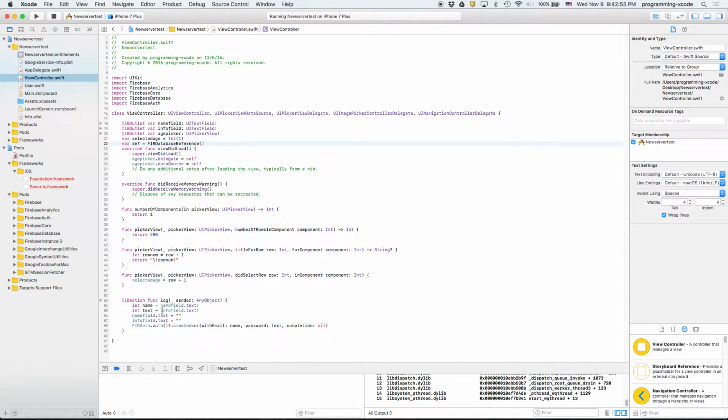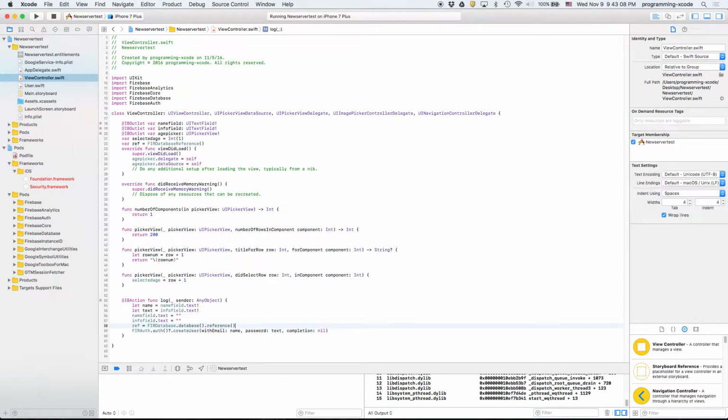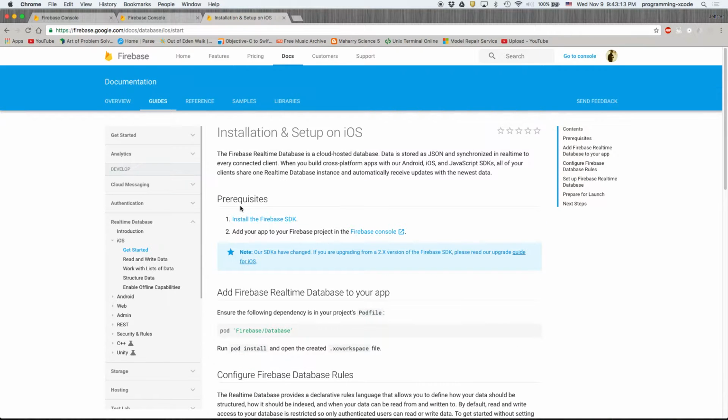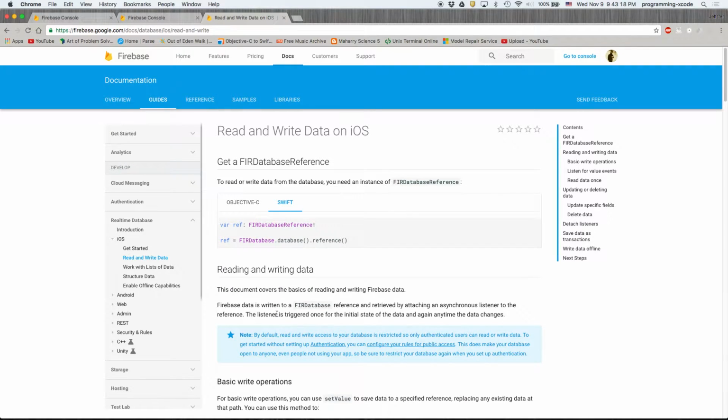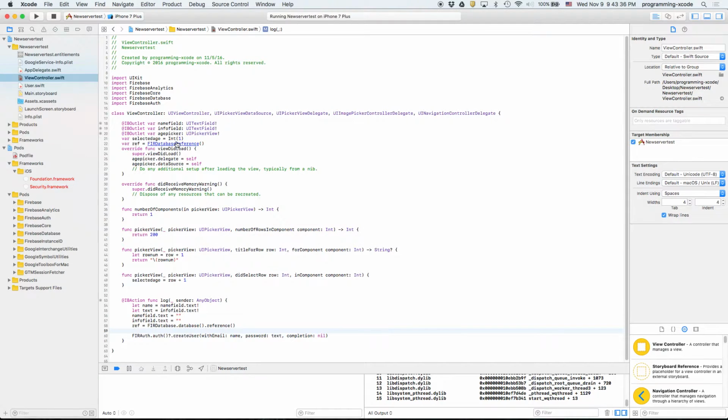And then we're going to go back here, say ref equals FIR database dot reference. And again, as usual, we saw here. Let's go and we see here. Okay. So let's see. Go back here, post age. And we're gonna return age. Selected age. Okay. And then,